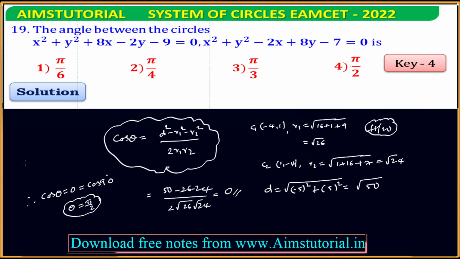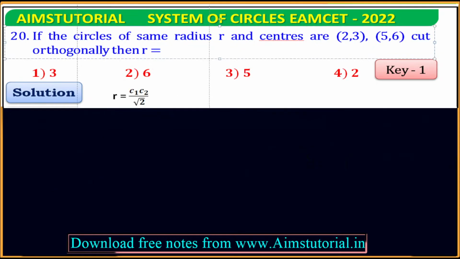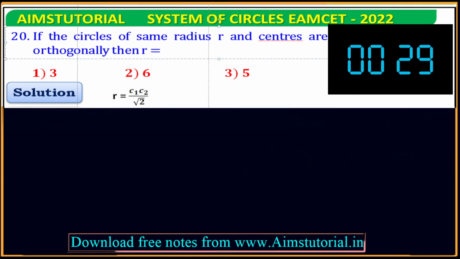Next, question number 20. If the circles of same radius are and centers are 2, 3, 5,